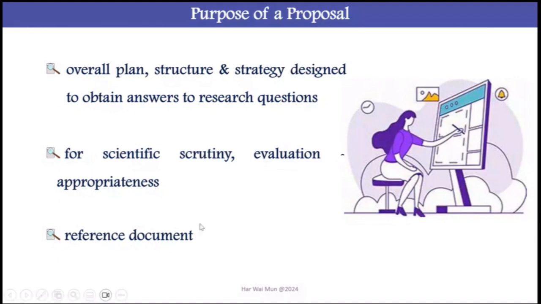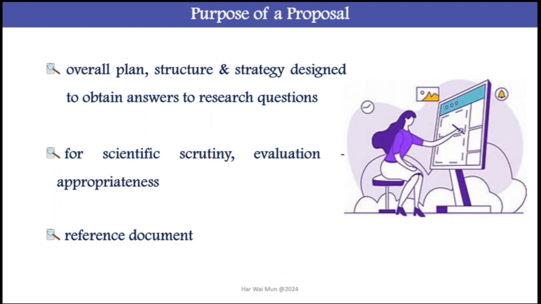So that is for evaluation, and also a reference document, because if you apply for funding, they will check back your proposal and see whether what you propose and what you do is correct or not. If you do a PhD, your proposal has objective 1, objective 2, objective 3, like that. Then at the end, you submit your thesis, and it's a completely different thing. Then in this case, you have a problem, right? So of course, if you want to change, you have to go through